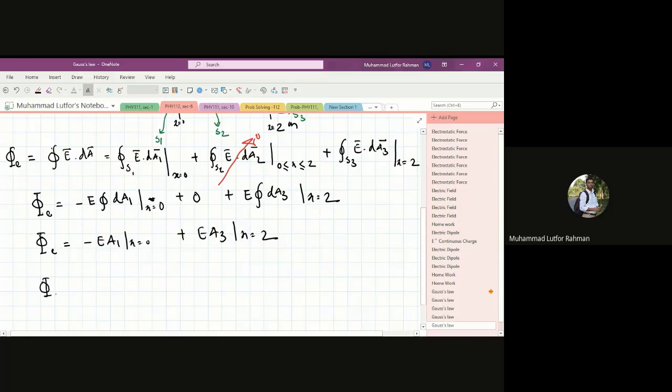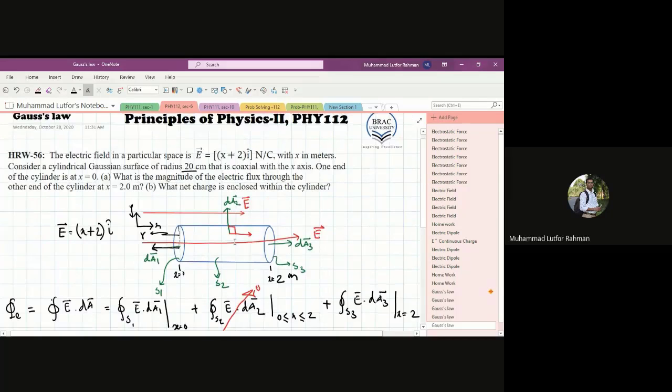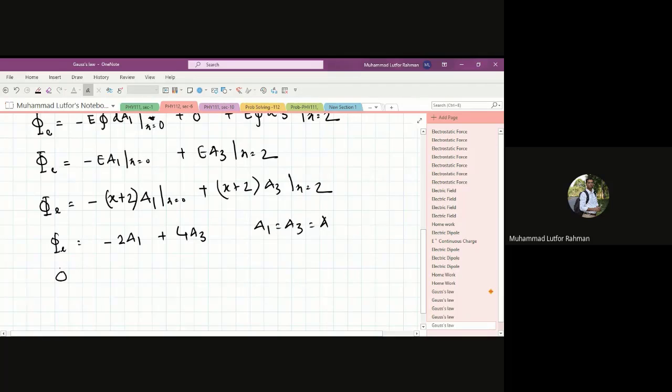আমি এখন এটার ভ্যালু বসাবো, এটা সেকেন্ড পার্টে কাজে লাগবে। ইলেকট্রিক ফিল্ডটা কত, x প্লাস 2 রাইট, into A1 at x equal to 0, x plus 2 into A3 at x equal to 2। x এর ভ্যালু বসালে পাবো -2 into A1 আর 4 into A3। এই সিলিন্ডারের A1 A3 সেম, রেডিয়াস একই। x এর ভ্যালু আলাদা, 0 plus 2 হলো 2 আর 2 plus 2 হলো 4।